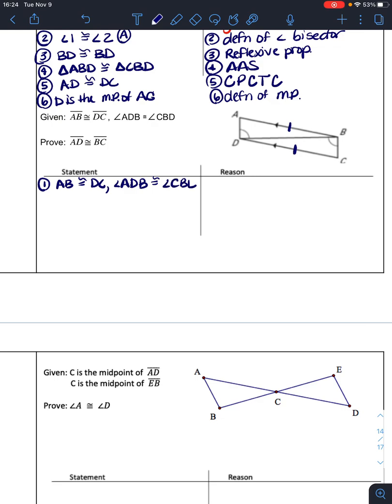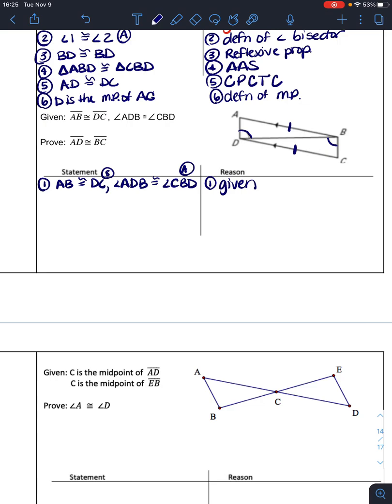Angle ADB is congruent to angle CBD, and that one is marked. ADB and CBD, those two are marked already. I know that because I said so. So I have a side congruent to a side. I have an angle congruent to an angle. I need something else. In this case, you could go one of two directions, but I do recommend going with